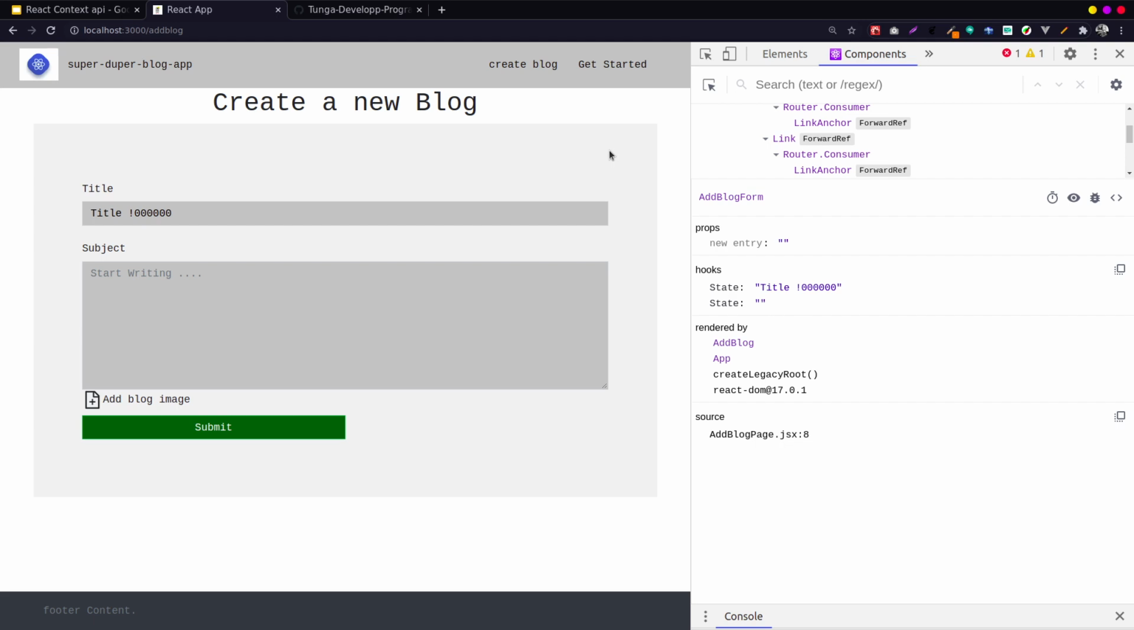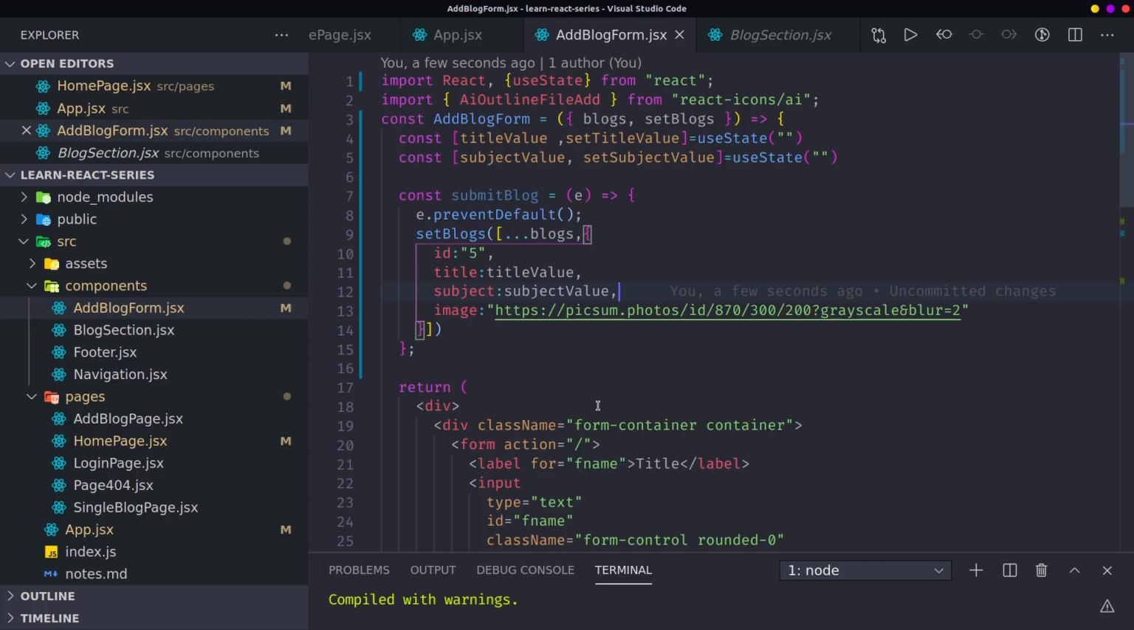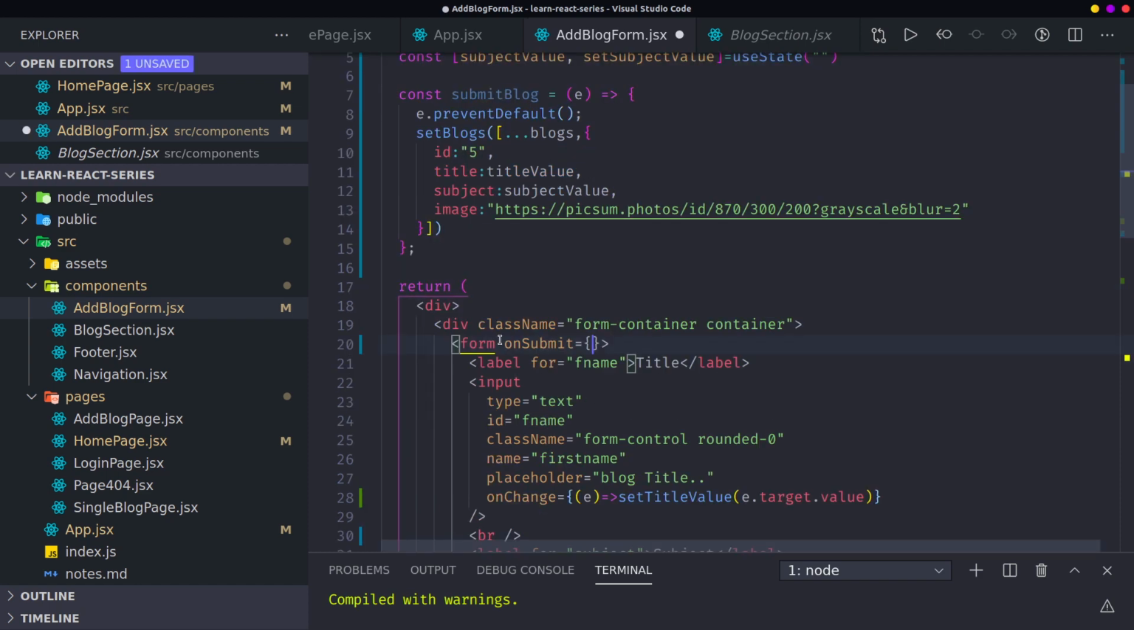Then, before I can submit, let's first fix the submit block. So I'll go back to my form here. Move the action, doing the action right now. Then I'll say on submit. What is that on submit? Equals to submit